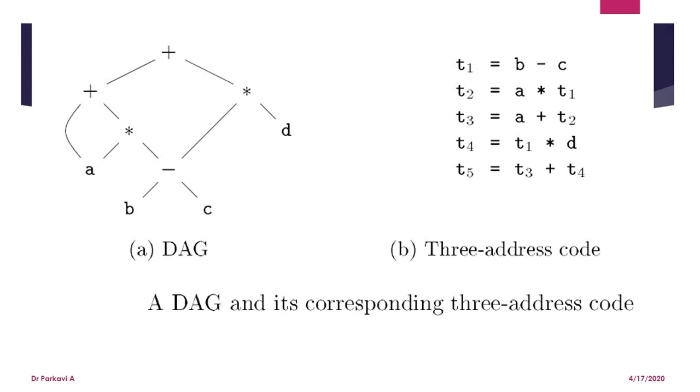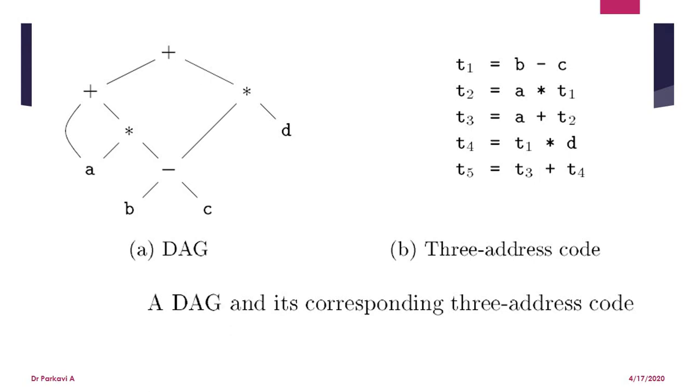So if we have a lengthy expression, first the 3 address code gets generated. So here for the expression, a directed acyclic graph is given. How to write the 3 address code is explained here. So b minus c first needs to be calculated and stored in temporary variable t1. Then after that it's multiplied with a. Then a into b minus c is added to a itself. Then b minus c value is multiplied with t, that is also done here. Then finally addition is done.